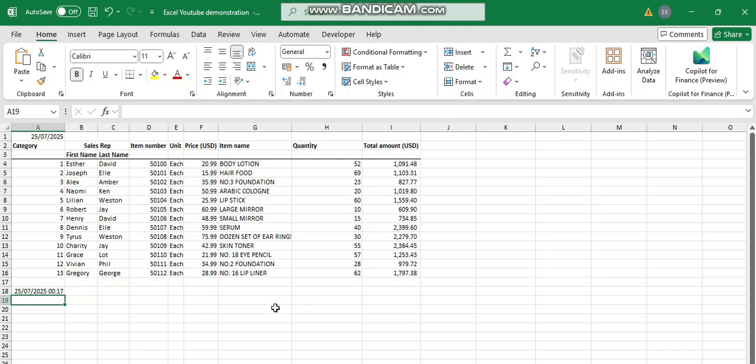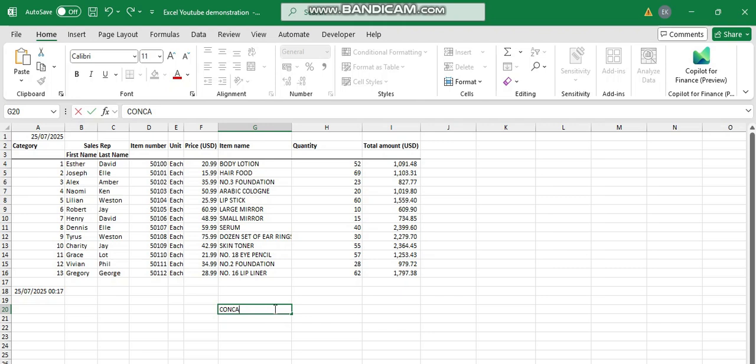We have looked at the concatenate function. Let's just do a quick summary. We've looked at concatenate. Okay, that's the short form. We just looked at the concatenate function. We looked at the TEXTJOIN. We looked at the TODAY and also the NOW